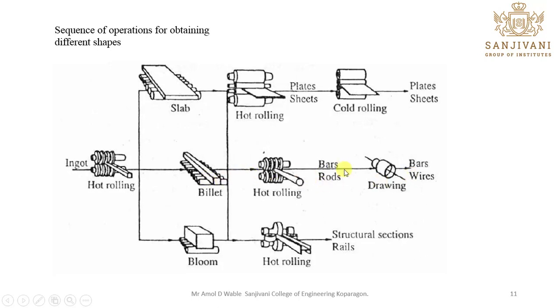But remember that to achieve this kind of shape, you initially require a billet, then it will be passed through a circular shape, and from that circular one you can reduce the diameter into a wire form. And bloom will be a large volume job, from which you can make I section or I section channel, or this kind of product you might have seen for rail tracks, which has very good strength.